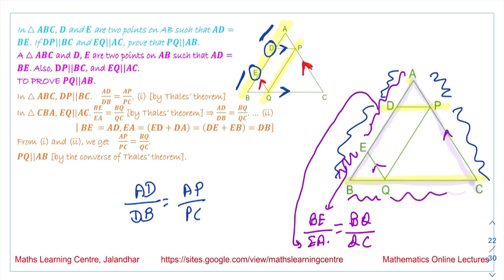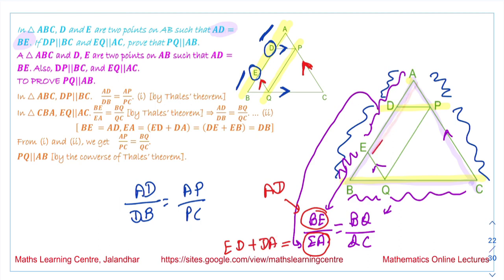Now in the question, it is given that AD and BE are equal to each other. So we can replace this BE with AD. Now if we look at this term EA,